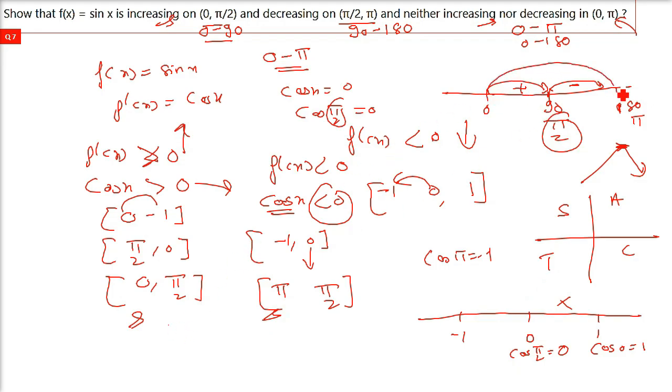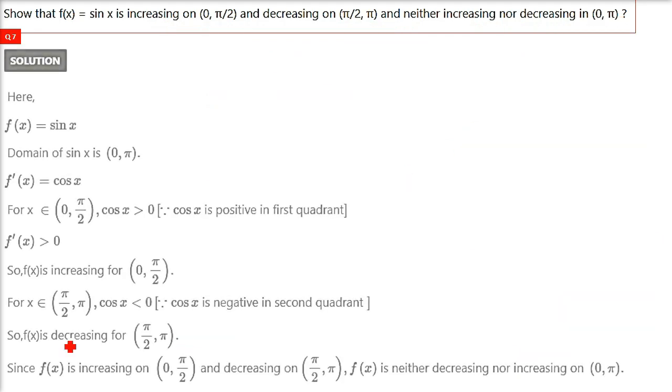See, 0 to pi by 2 it is increasing, and the whole interval 0 to pi has two intervals. In one interval it is increasing, we have shown it. In the other interval it is decreasing. So in the whole interval of 0 to pi it is neither increasing nor decreasing, because sometimes it is increasing, sometimes it is decreasing. So let me show you what I have explained, and this is what you have to